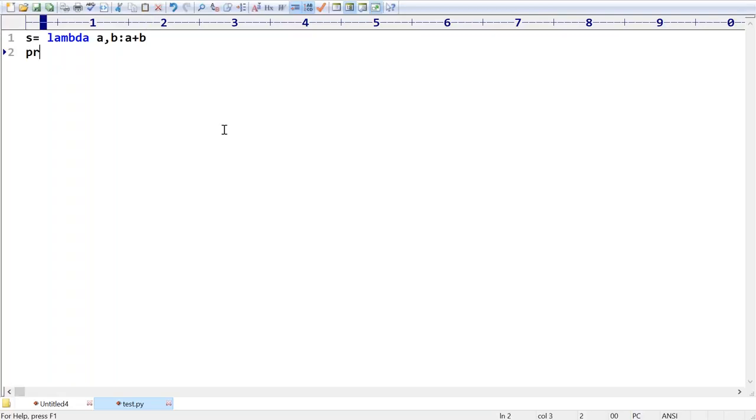That's all. Now print of the sum of a and b is, dot format of 2 comma 4, s of 2 comma 4.